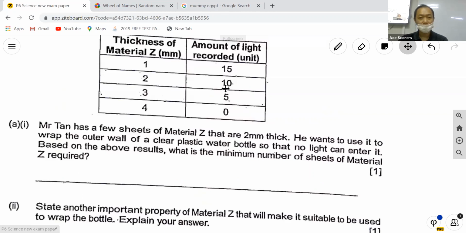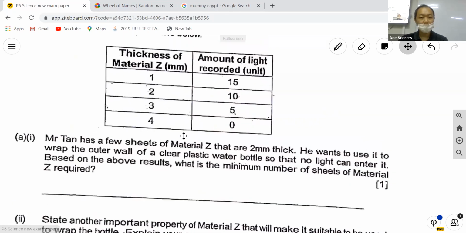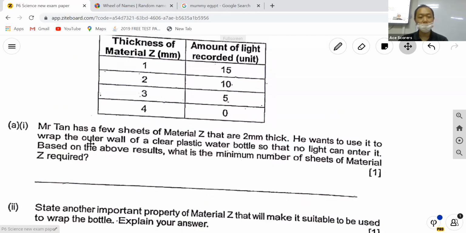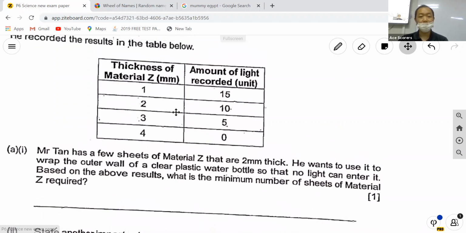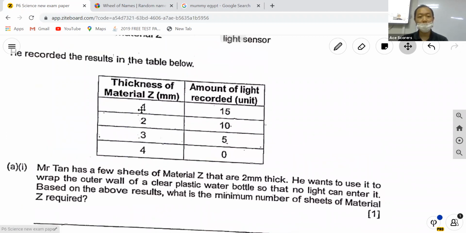The amount of light recorded. He wants to use it to wrap the outer wall of a. Oh no. Okay, he doesn't want light to pass through. He wants to use it to wrap the outer so that no light can enter. The amount of light recorded. Has a few sheets 2 mm. So if you use 1 mm,